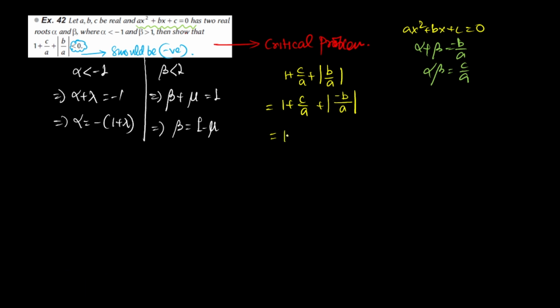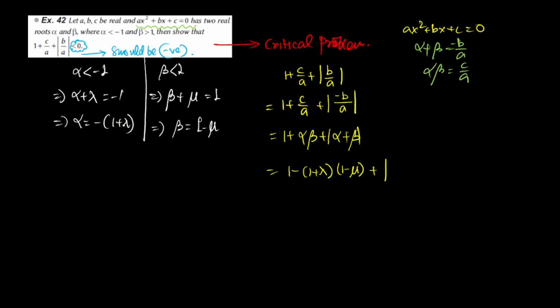Yes. 1 plus alpha beta plus mod of alpha plus beta. Put the values of alpha and beta, then it becomes 1 plus, actually let it be minus only. Yes. 1 plus lambda into 1 minus mu. Now see, how did it become minus? Because there is a minus here. I multiplied the plus with the minus, it became minus. Plus mod of